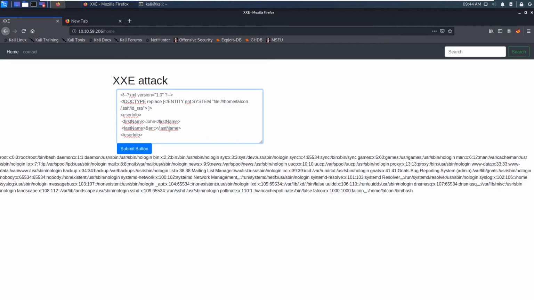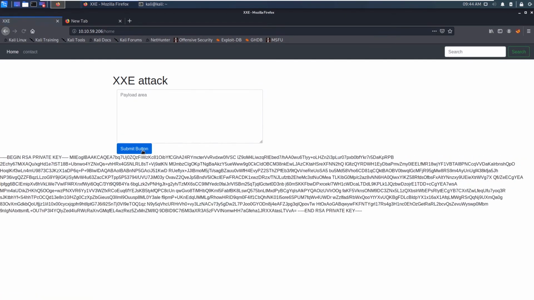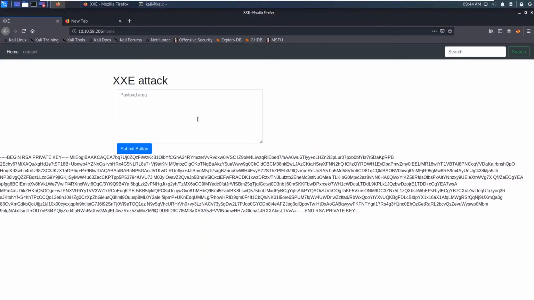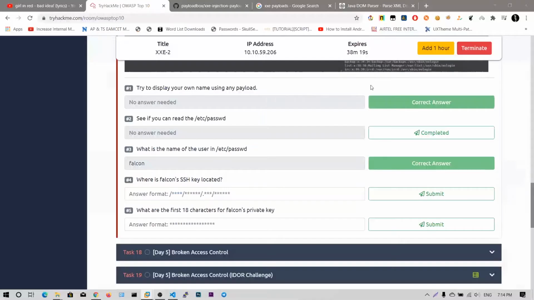This is the private key for this falcon user. Let me submit this, and there you go, we got the private key for this falcon user. Let me type the path manually: /home/falcon/.ssh/id_rsa.